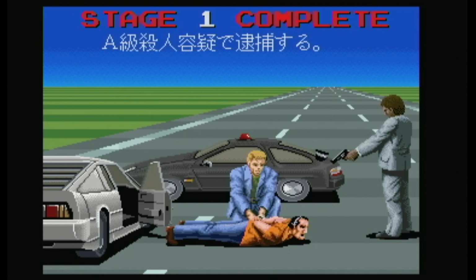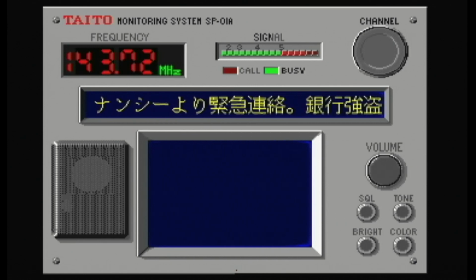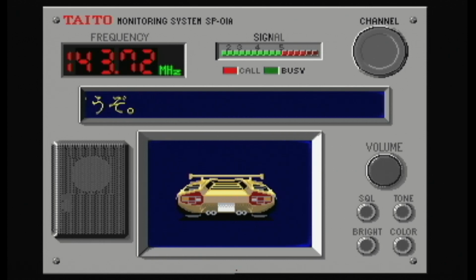A little off topic, definitely think that's Miami Vice Cops right there. It's just what it looks like to me. But for the Saturn, when you get Chase HQ, you also get SCI, or Special Criminal Investigation, which is the sequel to Chase HQ. So for the same money, you're getting an arcade perfect port of Chase HQ, as well